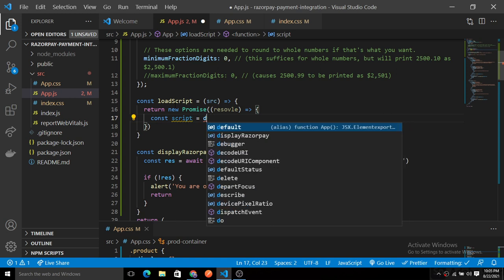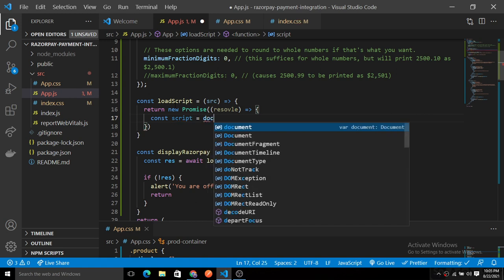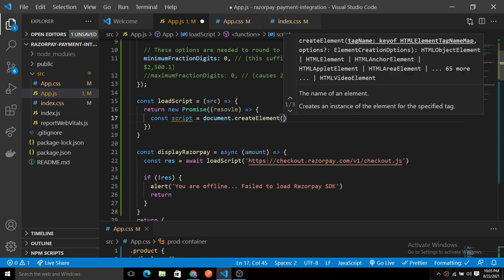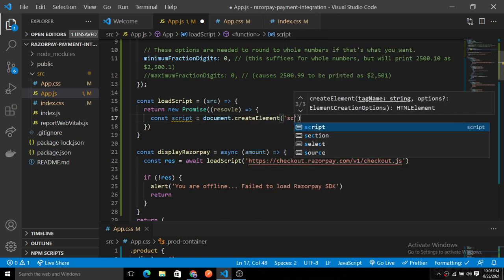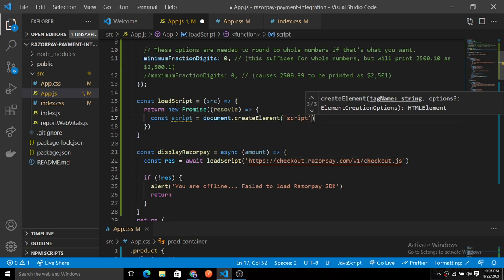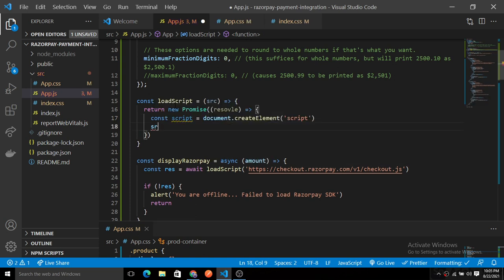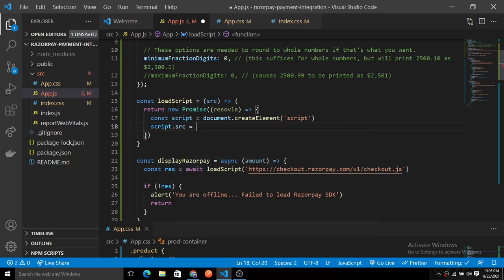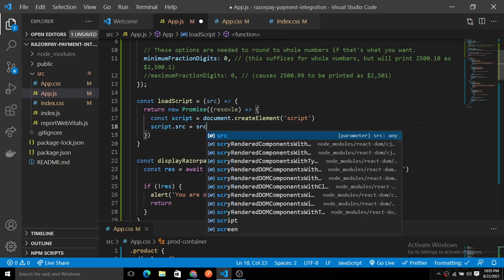It just takes a link of JavaScript here and resolves that script using the minified checkout.js. We provide the type, which would be script here, right? And the source should be script.src. Simply assign the source inside of this script source.